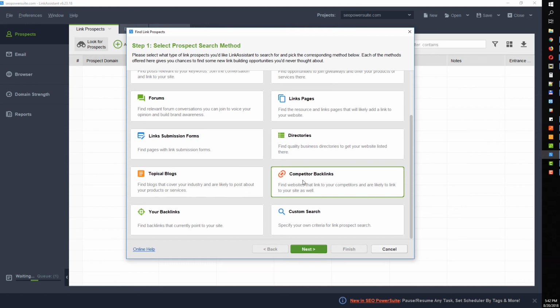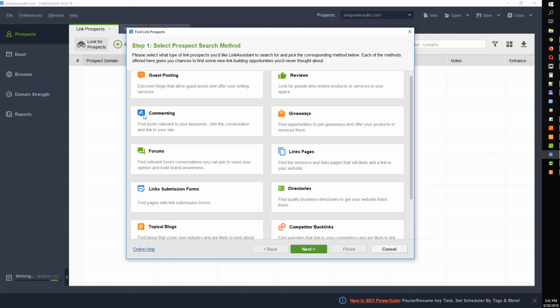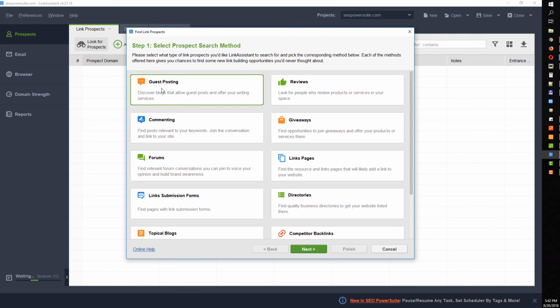As you see, you may also search for your competitors' backlinks, or check your current existing backlinks for your project domain. So the idea is that you select the method that you would like to use, click